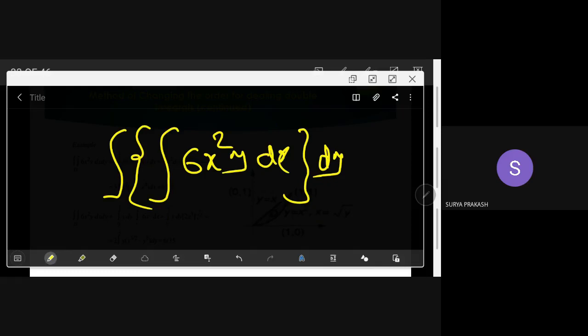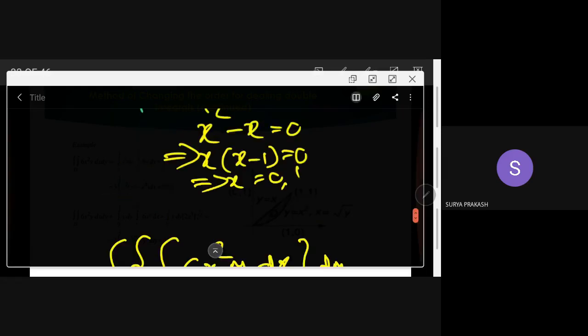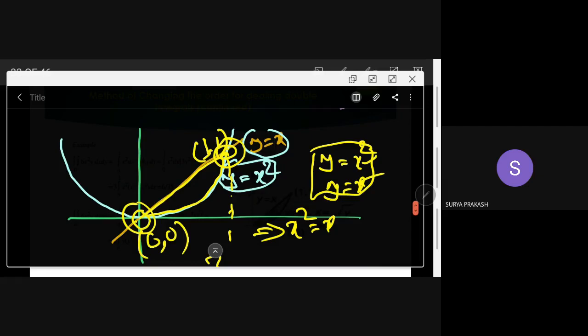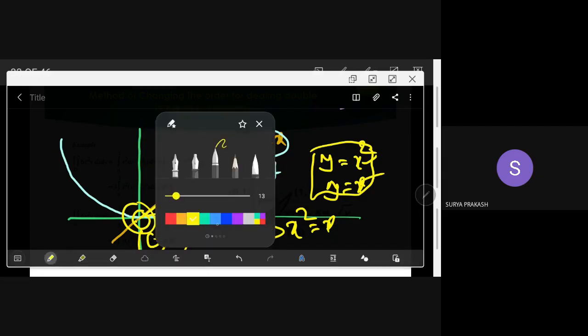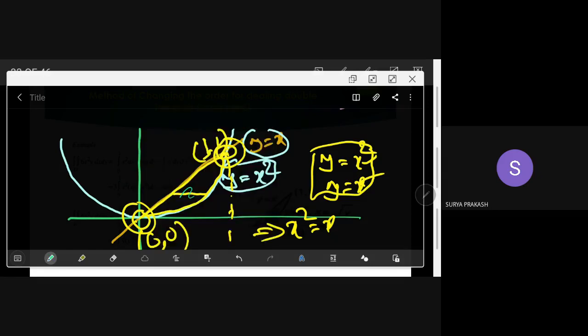So first with respect to x means parallel to x-axis draw a strip. That is simple. Parallel to x-axis draw a strip. Okay. So this strip rests on both these two curves. So what is the value of x here and what is the value of y here? We need to know. Simply, in order to know, one equation here is y is equal to x. So you write simply x is equal to y. Along this curve, x is y always.